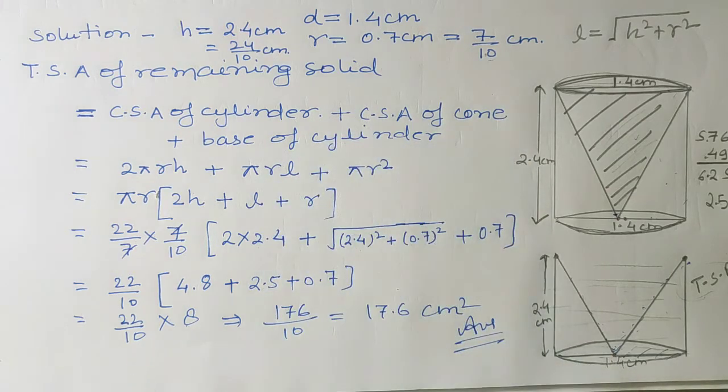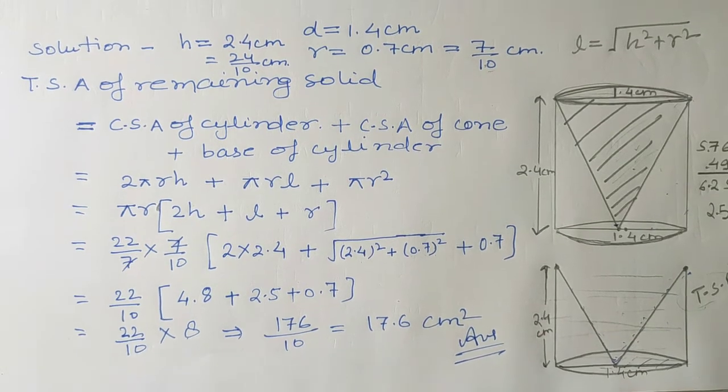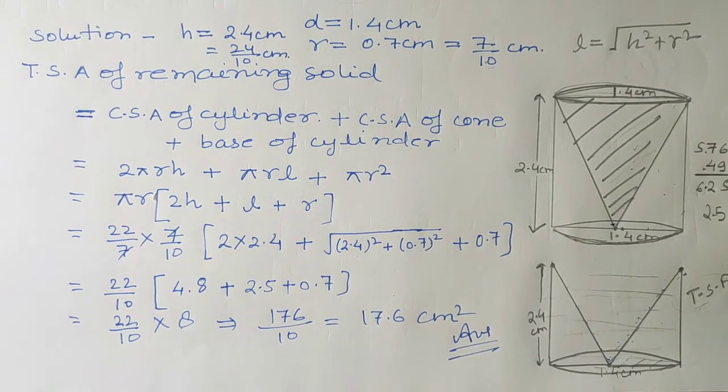But in the case of volume, when you will find the volume, like here in this question, in the cylinder, this conical cavity is cut out, okay. Suppose the question is related to volume. In that case, students, you have to subtract the volume of the cone from the volume of the cylinder, okay. But in the case of curved surface area, since by cutting this cone, one surface is generated, that is conical surface, so you have to add that, okay. So this concept you have to understand, so that you can solve the question easily.